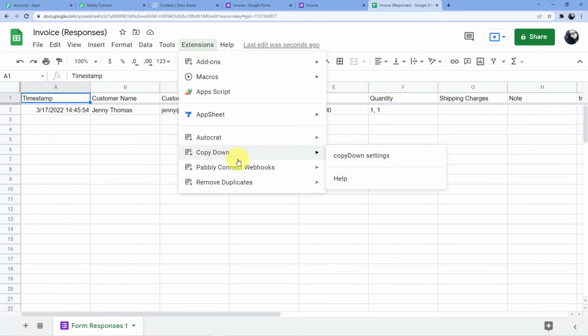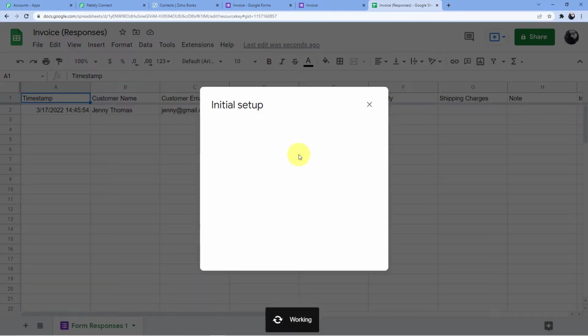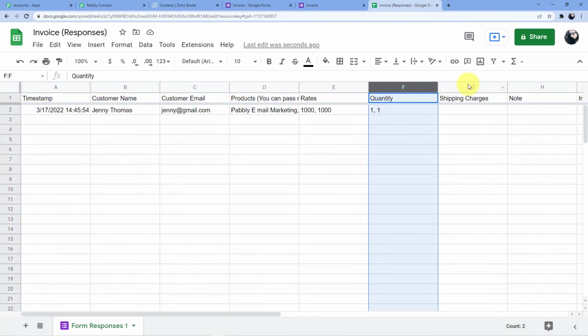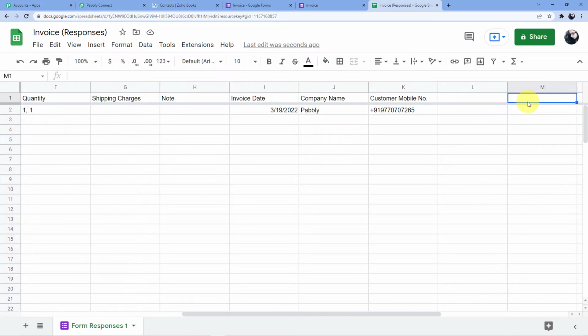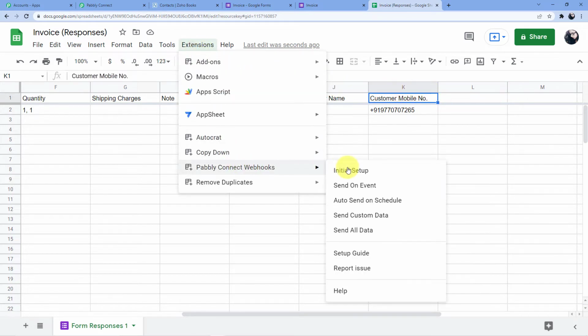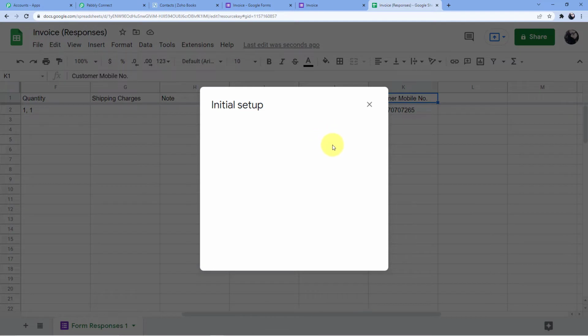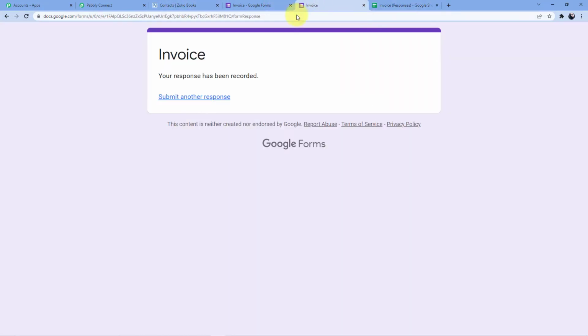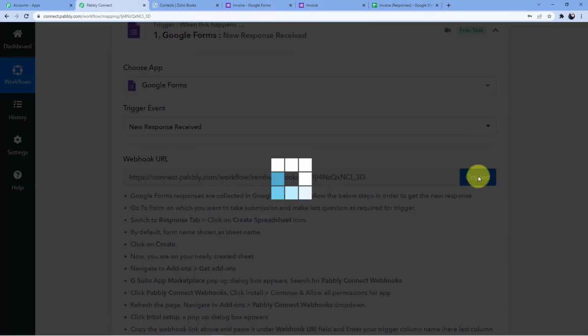I'll go back here, then Pabbly Connect webhooks and initial setup. Now here, what I'm going to do, I am just going to remove this old webhook URL. And now what I'm going to do, let me just first cut this and let me tell you that I have here my last data column as K. Okay. Now go back here, Pabbly Connect webhooks, initial setup, delete the old one. And now what we are going to do, we are going to go to our Pabbly Connect, copy this webhook URL